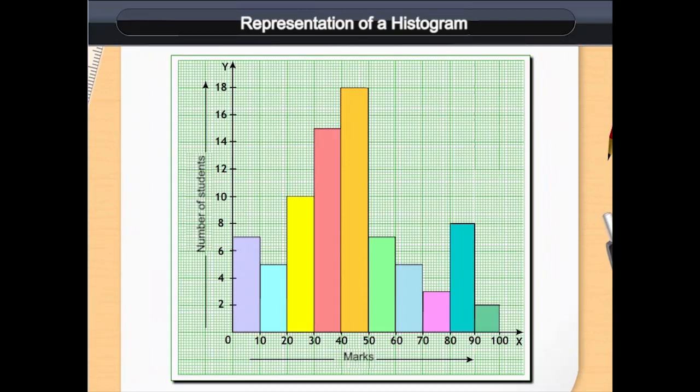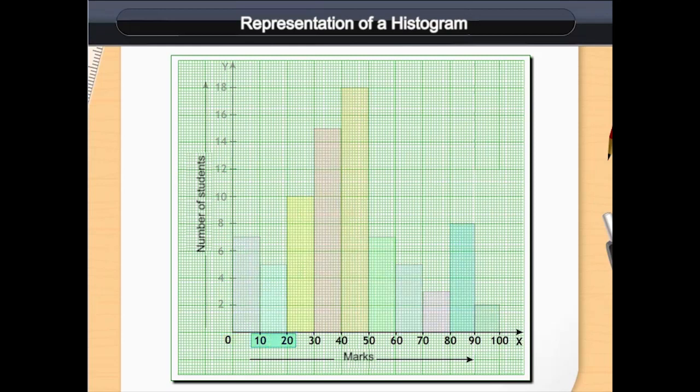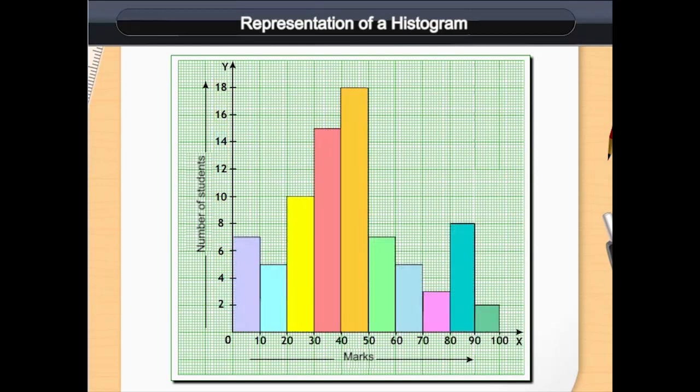Representation of a histogram. What you see is that the horizontal axis represents the marks obtained by students. Also, look at the class intervals, which are 0 to 10, 10 to 20, 20 to 30, and so on. On the vertical axis, we have the number of students obtaining different marks and classified collectively in various groups. This way, we can see that the given histogram represents the number of students in various groups, classified according to